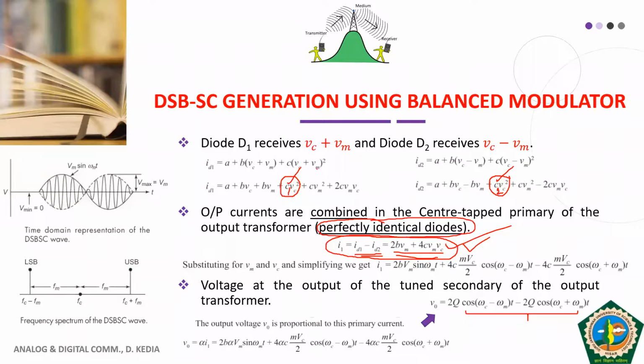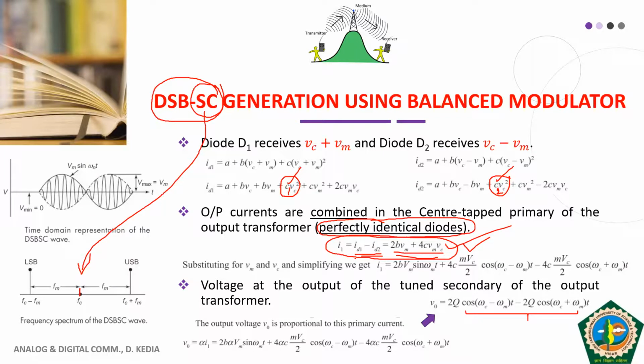Remember students, this is not double sideband without carrier. This is double sideband suppressed carrier. We are not fully removing the carrier. We want some part of the carrier just to ensure synchronization. I told you this thing. So this suppressed carrier will not be fully without carrier. Some carrier is desirable here. So some carrier will be present because of the inherent property of these two diodes.